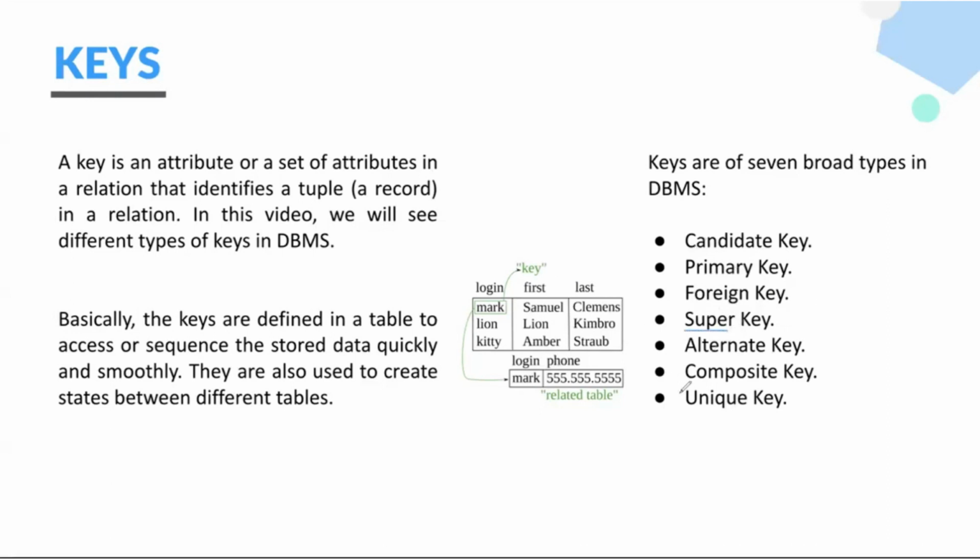So what's a super key? A super key is nothing but a superset of the key known as the candidate key. So we have this candidate key, right? What did I say about the candidate key? A smallest set of one or multiple attributes which can uniquely define. That's a candidate key, right? Smallest set. So what's a super key? A super key is a superset of the candidate key.